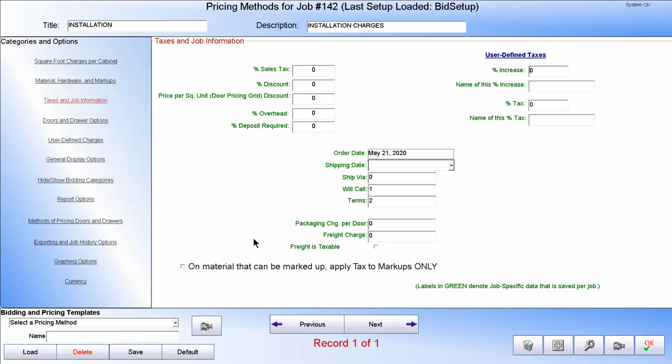Taxes and job information. All right, now we have sales tax that differs per county or per city. Percent discount. If that number is positive, then you are giving a positive discount to someone. 10%, $100 or $1,000 job, it's now $900 with a 10% discount. And by the way, if we put a 10% discount in there and I hit the OK button,